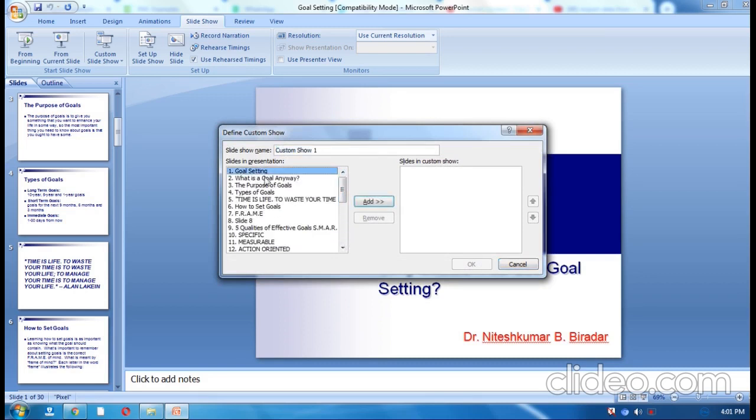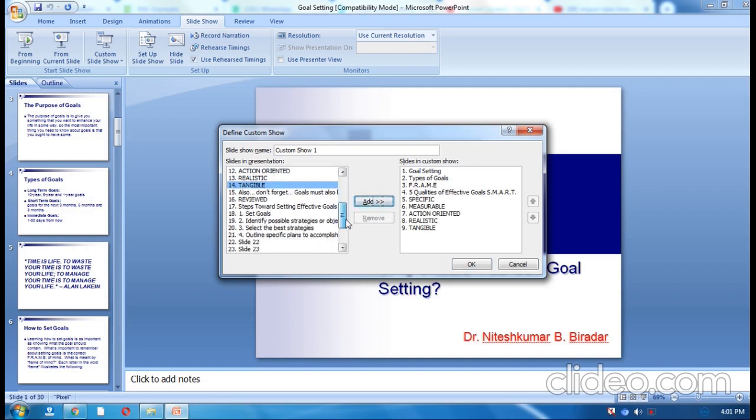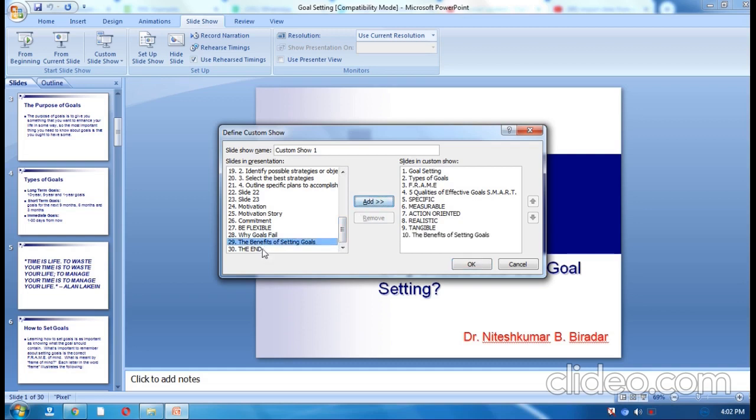Among these 30, I want to display the first one, then directly the types of goals, then frame, then the 5 qualities, and the 10th, 11th, 12th, 13th, 14th, and thereafter at the last the benefit of goal setting and the end slide. So these 11 slides I want to set up.